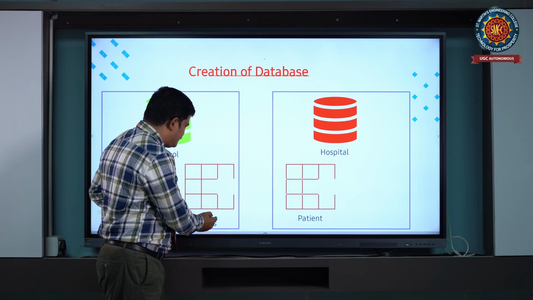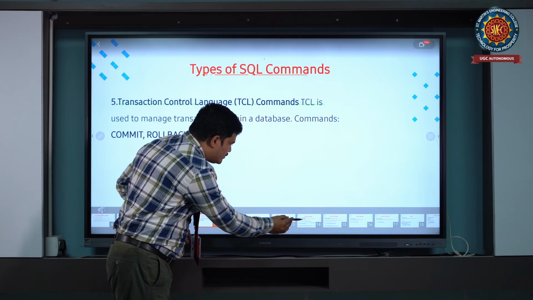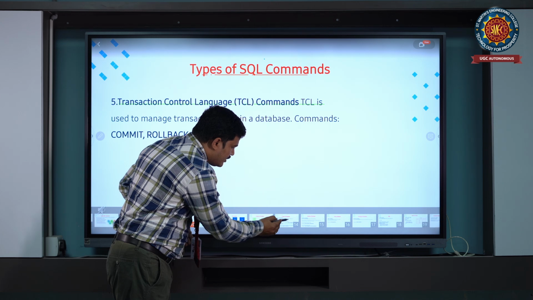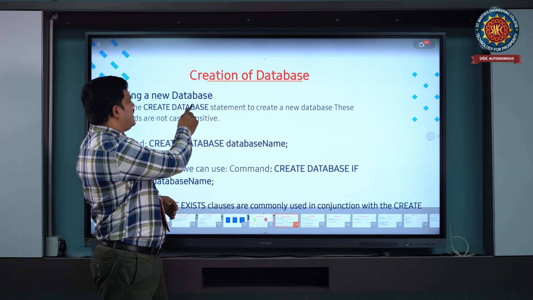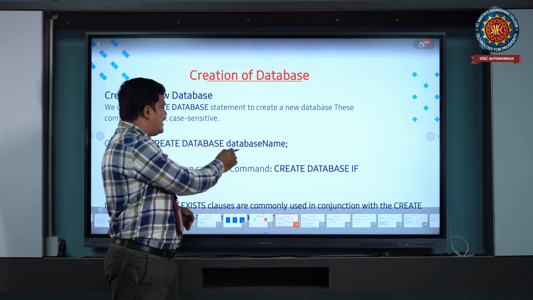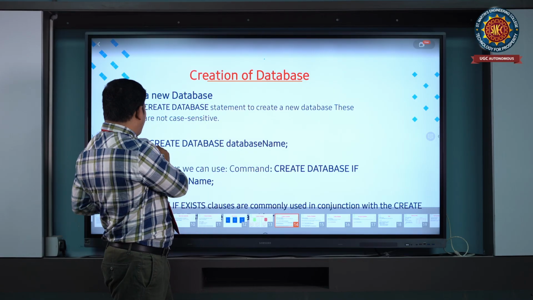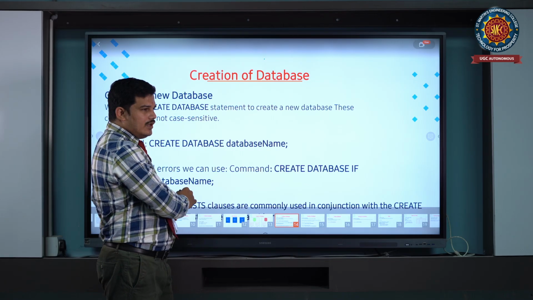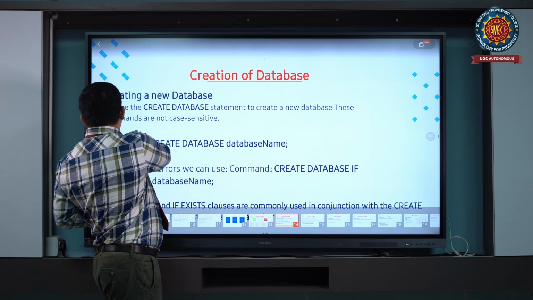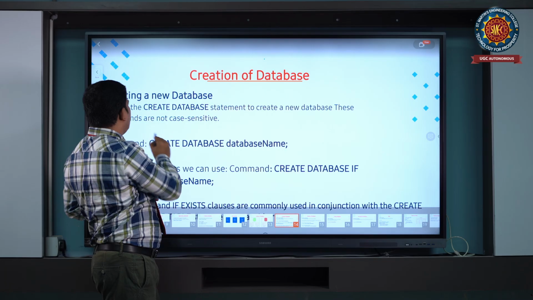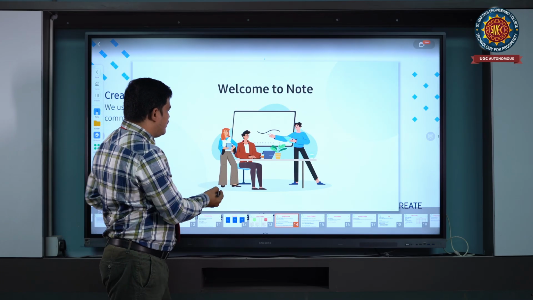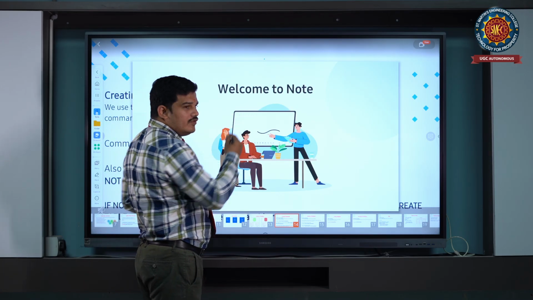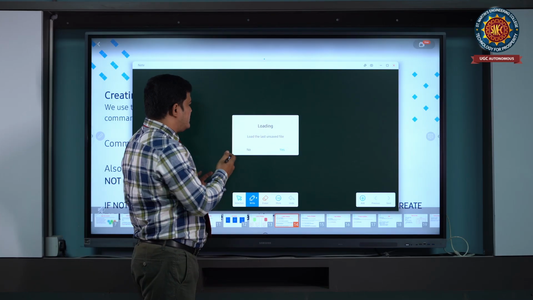And next, you can see here I have created a database. The database name is given as the database name. In this way the syntax will be: create database, database name. This is how we will be taking care of it. Now I will explain here with the help of operators such as,